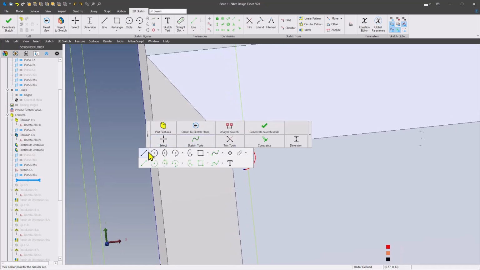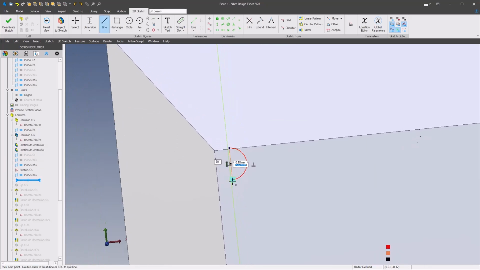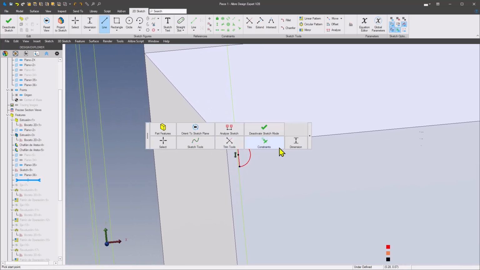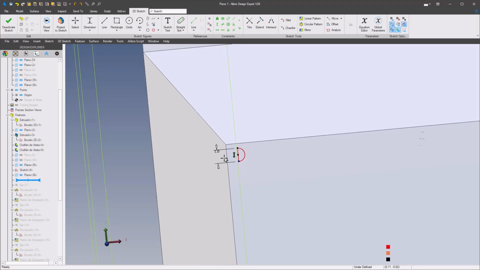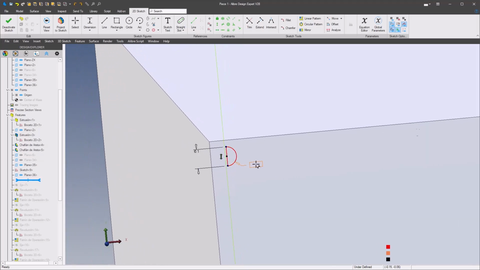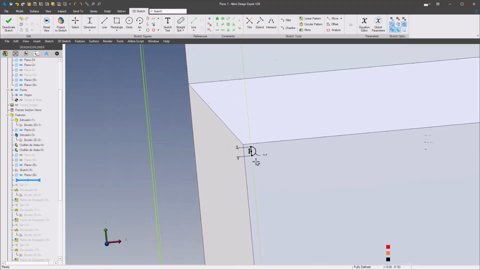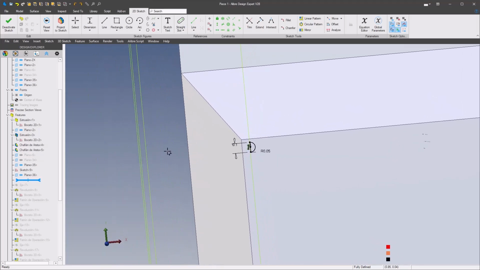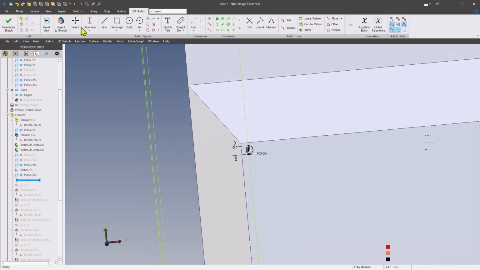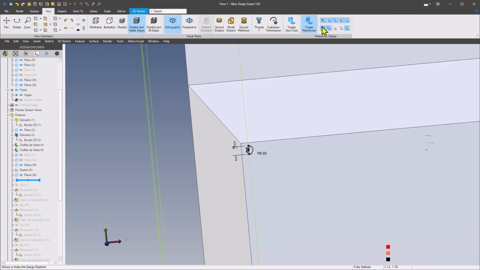And finish this off with a line. And then dimension this. It's 0.1 and a radius 0.05. And now, as long as you have, where's your view? As long as you have sketch visibility turned on,